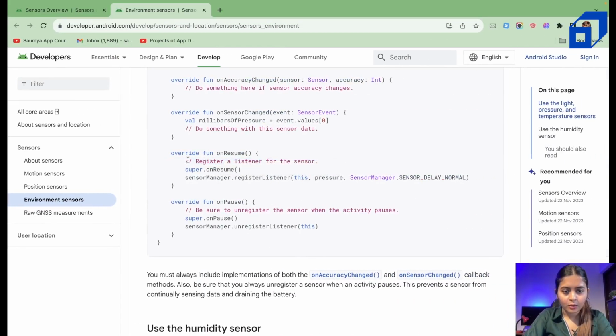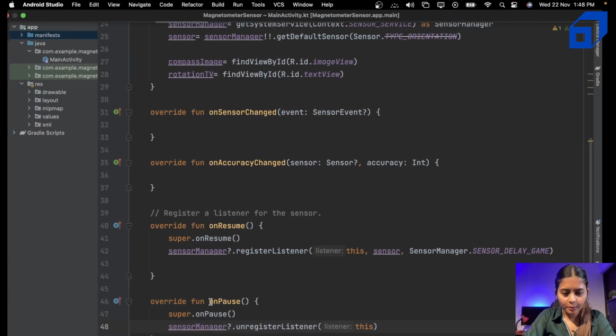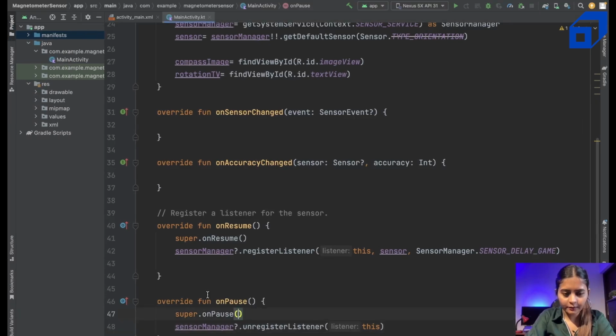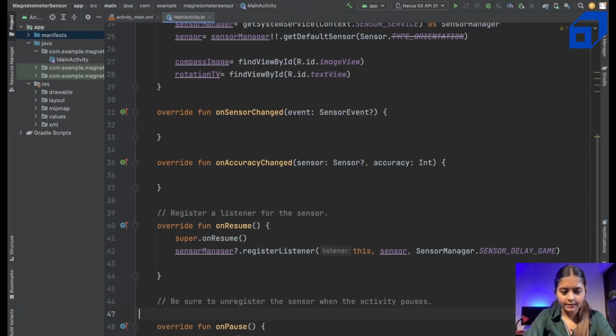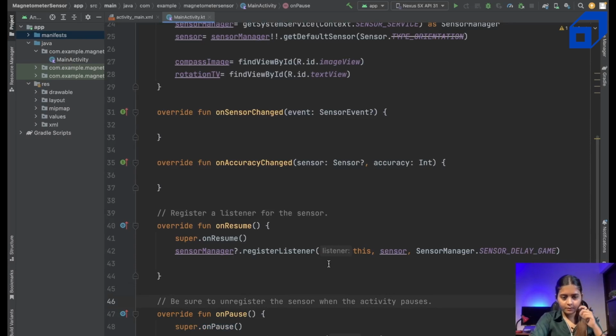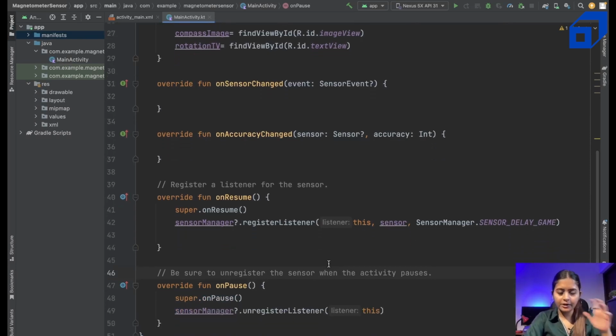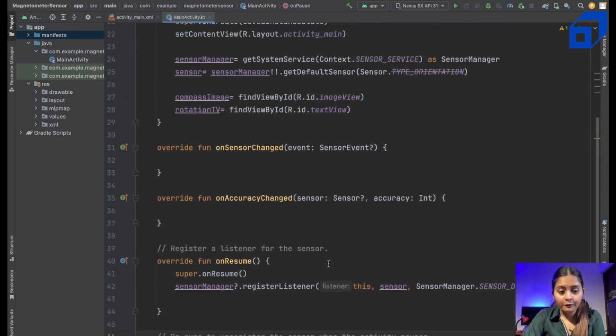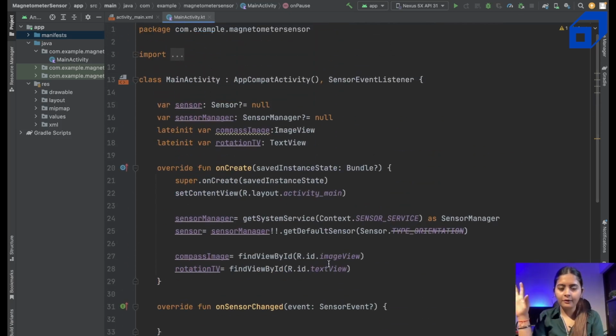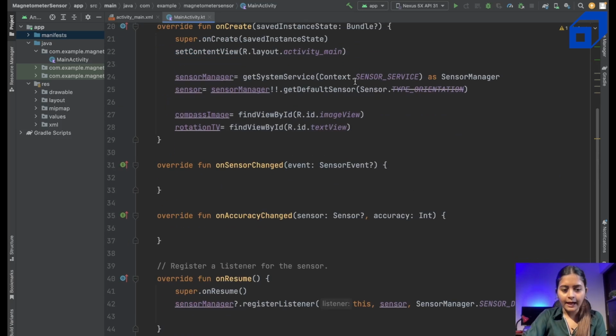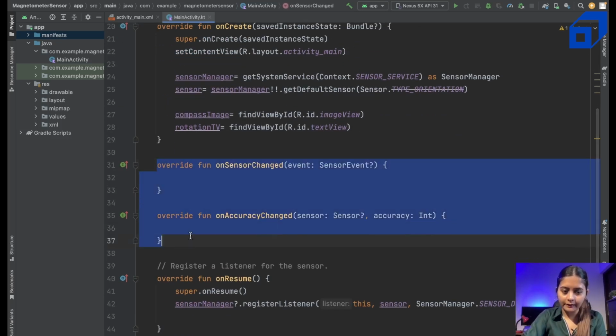Cool. So the onResume method and the onPause method both are done. The function of the onPause method is basically that we are unregistering the sensor. If the activity is paused, we want to unregister it. Perfect. So what have we done till now? We implemented the interface, and we overrode the two methods of